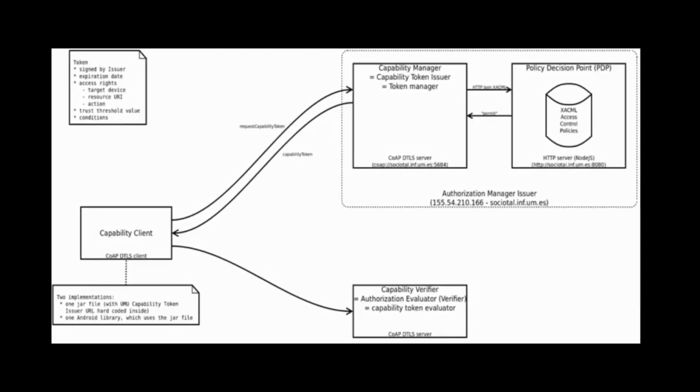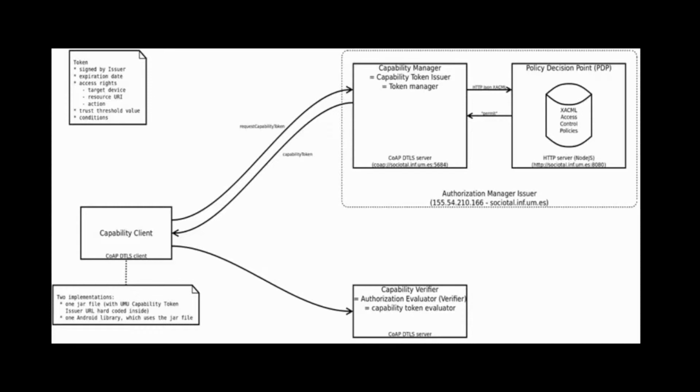The SocIoTal access control system is designed as a combination of different authorization technologies and tools in order to enable a suitable authorization solution for IoT environments. The basic SocIoTal authorization scenario consists of four main entities: the capability manager as a CoAP-DTLS server accepting requests for capability tokens generation, the policy decision point or PDP as an HTTP server based on XACML accepting authorization requests from